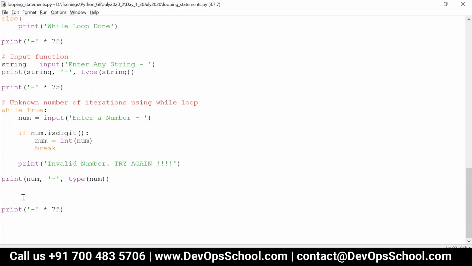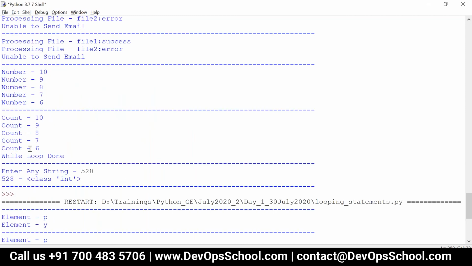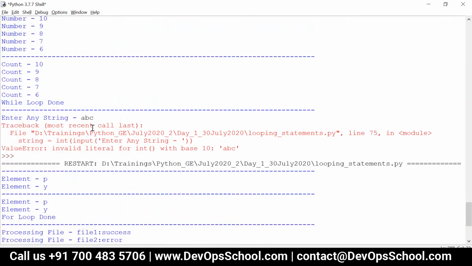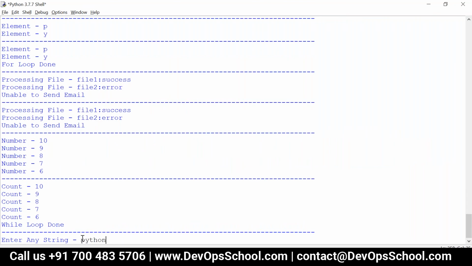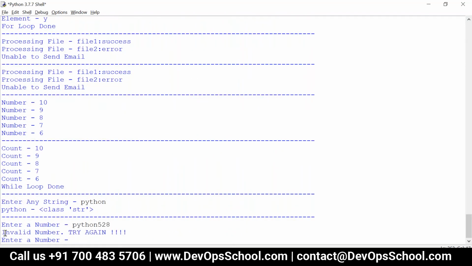So this particular loop will be repeated until I enter a valid number. If I am not entering any valid number, it will keep on repeating. First, I can write some string, Python. Now I am entering Python 528. See here, invalid number, try again.